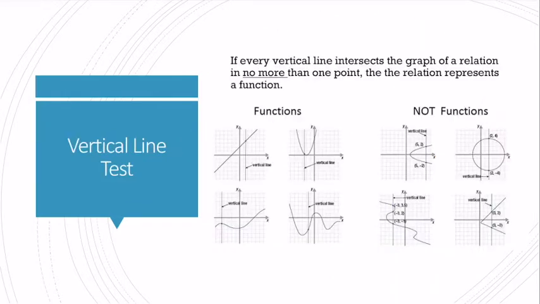But like I said, sets of ordered pairs are not the only way to define a relation. We could also define it with a graph or an equation. And we've been working a lot in this course with linear equations and quadratic equations and circles, and basically we're learning how to graph everything. So what we can do is use the vertical line test to tell if the graph of our equation is indeed a function. So the vertical line test says that each point of a graph